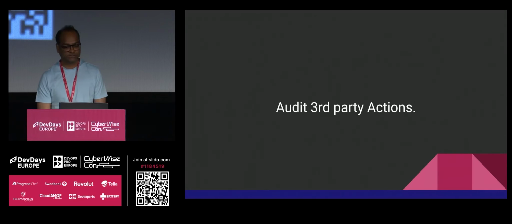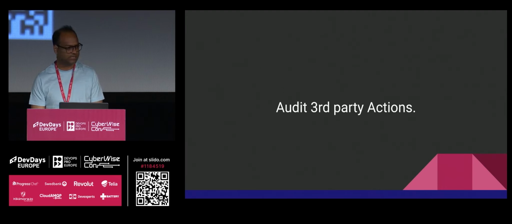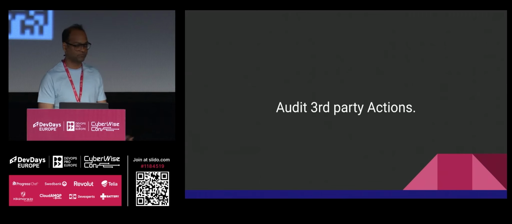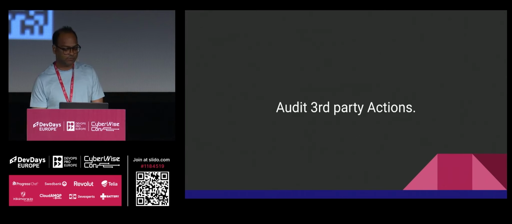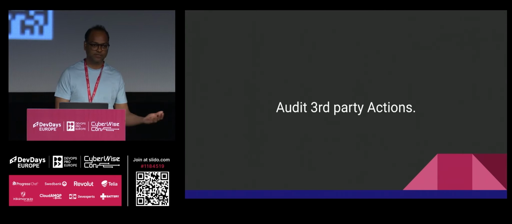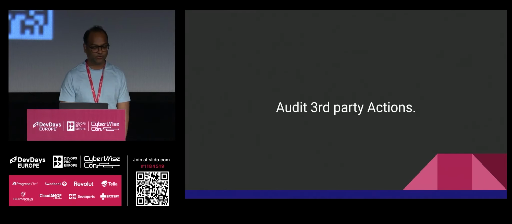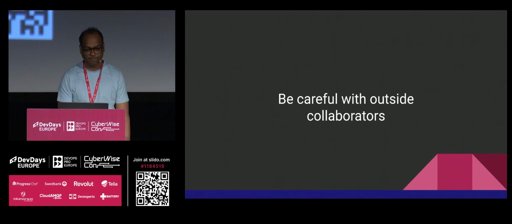So see your options if you can replace them by using something which already exists. GitHub CLI has so many commands which can replace most of your use cases, or even the GitHub API, right? Directly calling the GitHub API will solve most of your issues. But why should we do that? It's again a matter of your choice, whether you want to save time or whether you want to rely on someone who wrote an action which exists.